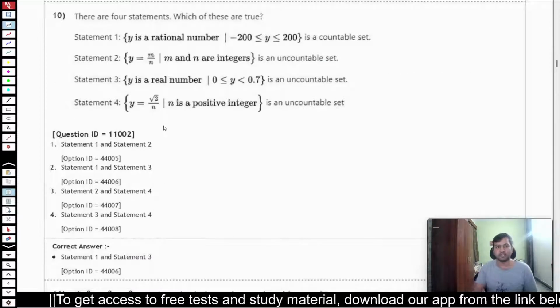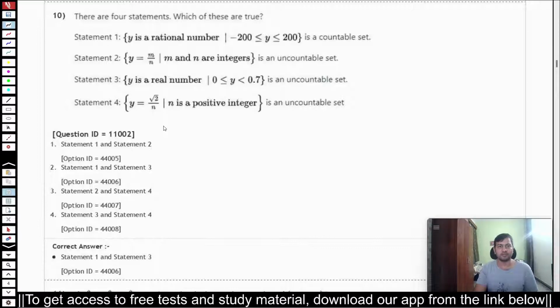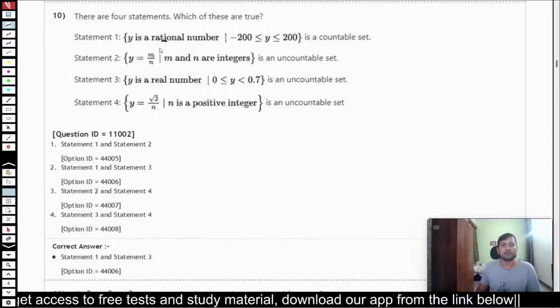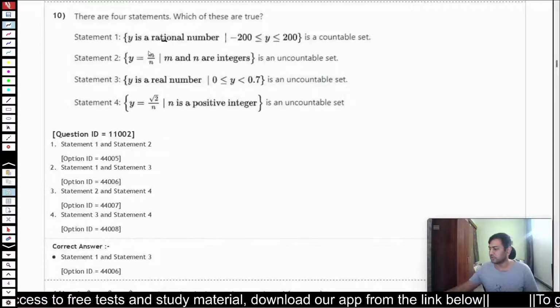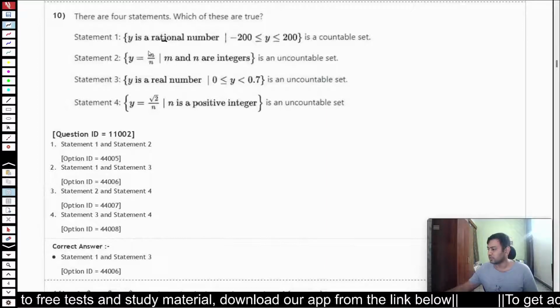Now there are 4 statements. Which of the following is true? So here I have been given 4 statements. So let's